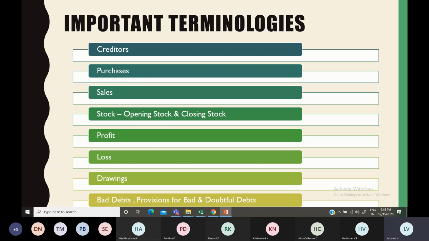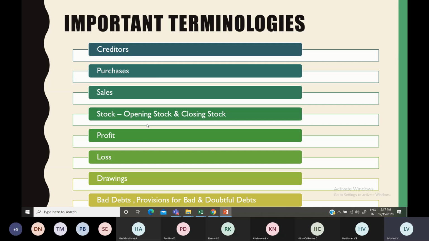All these we will see in the final accounts actually. In final accounts we will be discussing provision for bad and doubtful debts, bad debts, and then provision for discount on debtors. Good debtors will always receive a discount from the company, so for them we'll be providing provision for discount on debtors. Similarly, there is provision for discount on creditors also. If you are running a business and you get credit terms from a supplier for raw material or something, you make a credit purchase. If you are paying promptly, he might also give you some discount. That is known as provision for discount on creditors.